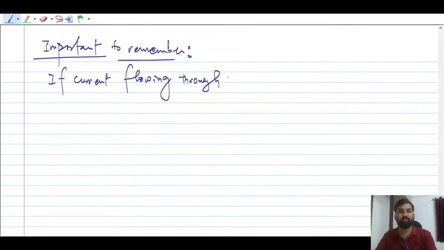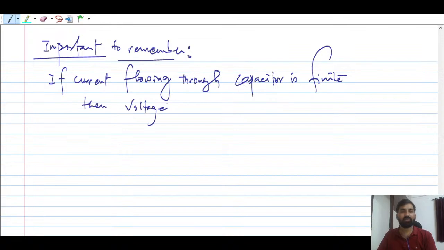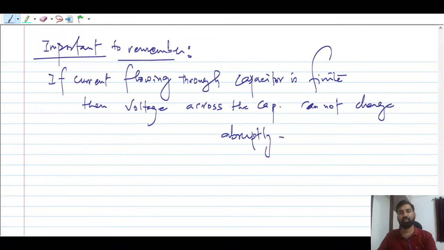If the current flowing through the capacitor is finite, then voltage across the capacitor cannot change abruptly. एब्रप्टली मीन्स व्हाट, मतलब मान लो वोल्टेज अक्रॉस कैपेसिटर 0 है तो डायरेक्टली वो 5 वोल्ट नहीं हो जाएगा, ठीक है।